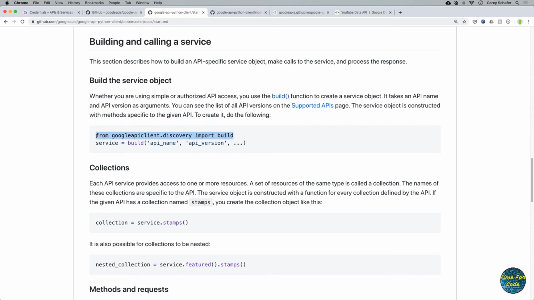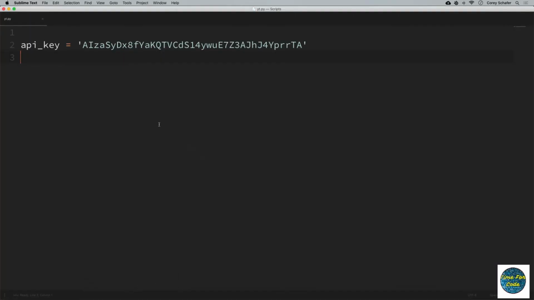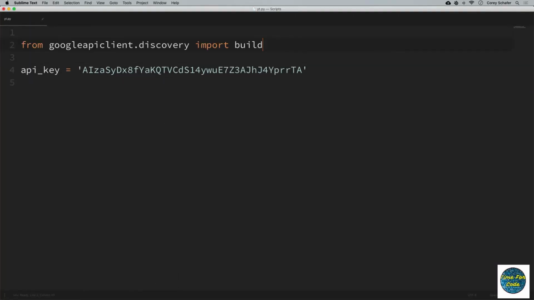So I'm going to copy this import statement here and paste this into our script. So I'm going to copy that, go back to the script, and let's import this at the top. Okay, and now from reading that documentation, we know that we can connect to the YouTube service by using this